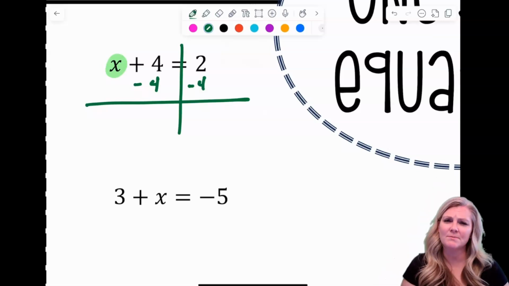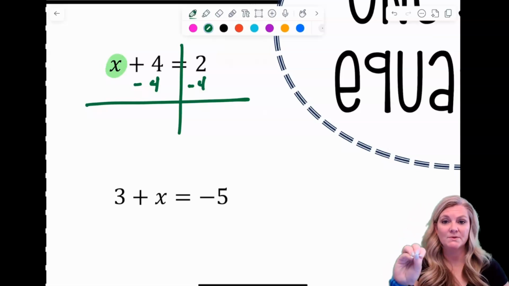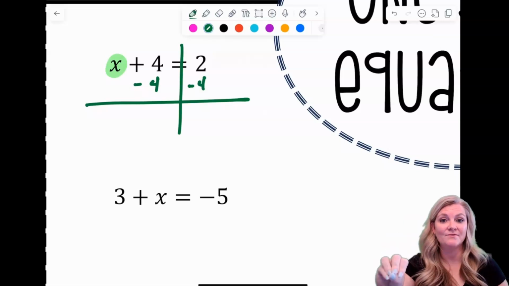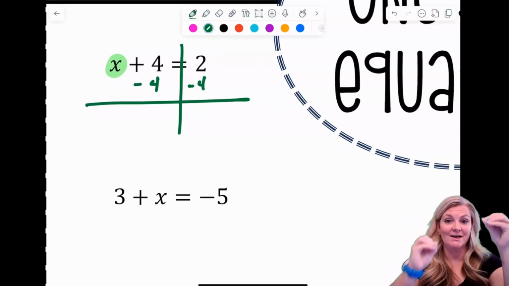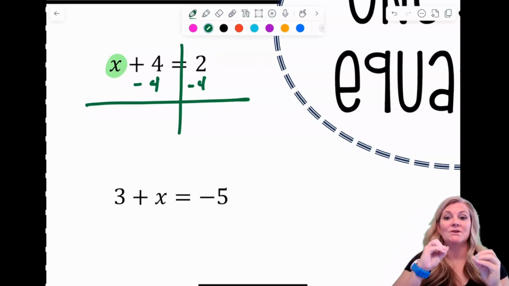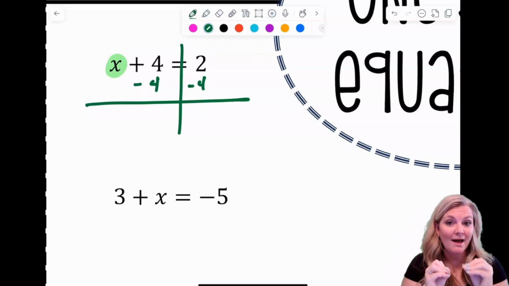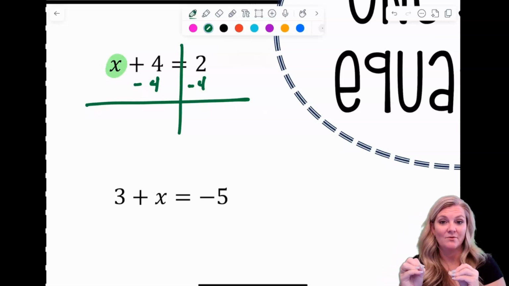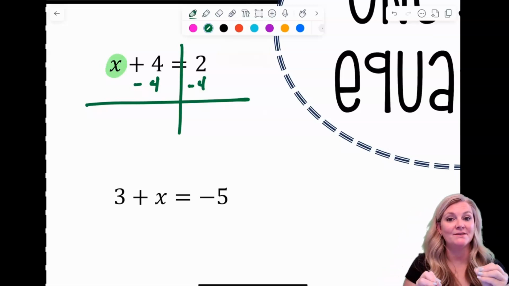So on the first few examples, you'll see me draw the line down the equal sign. So I'll be sure what I'm doing to one side, I have to do to the other. Because if I subtract 4 and I don't do it to the other side, I've changed the equation. I've created a misbalance, okay? So if I'm wanting to keep this balanced, subtracting 4 on one side, I have to subtract 4 on the